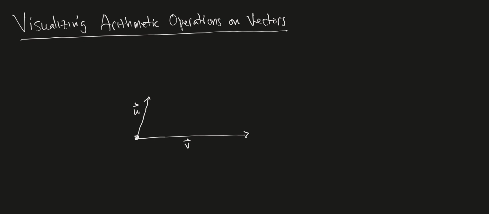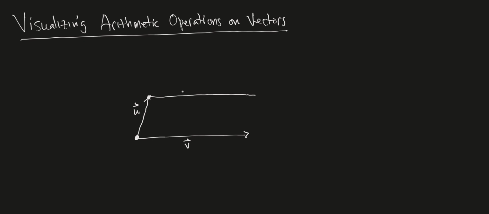One thing that we can do is create a parallelogram. I'm going to create a parallelogram by duplicating v and having the duplicate of vector v start at the terminal point of u. So basically complete the parallelogram by doing this,